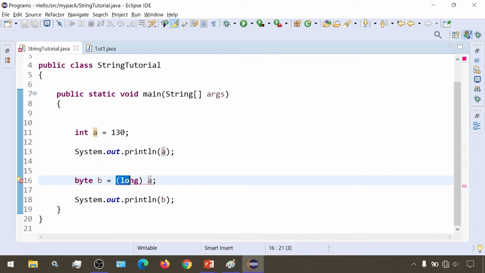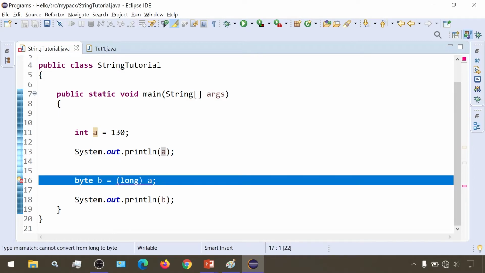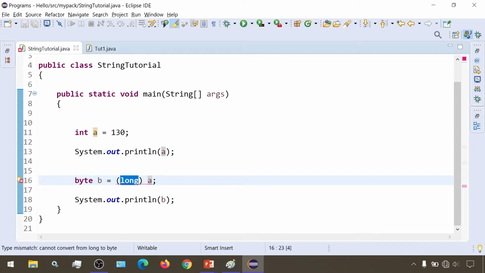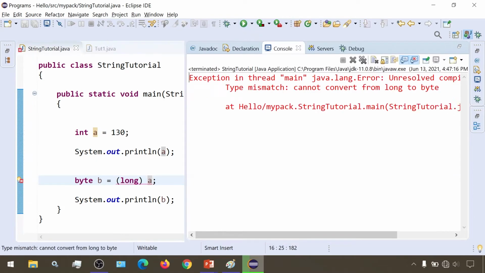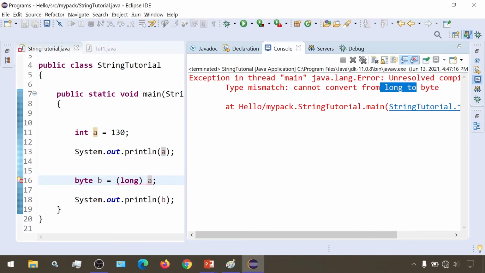Now this value is long. Then it will try to assign this long to this byte. Since a long value cannot be converted into byte, because long is 64 bits and byte is 8 bits, this conversion won't be possible. That's why we are getting this error, cannot convert from long to byte.